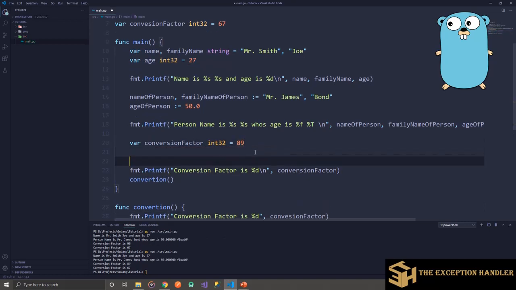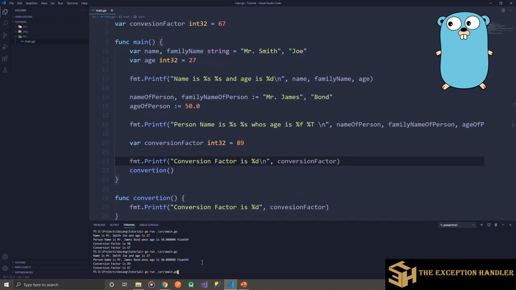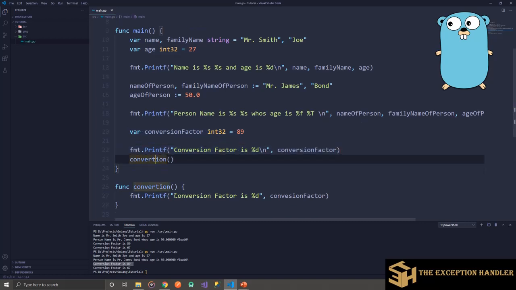So now if you see, I am trying to print this again and I see two values, conversion factor 89, which comes from this line, which means because this line would be run first and then this function is called and then this one is printed.